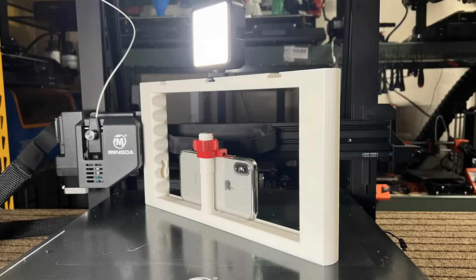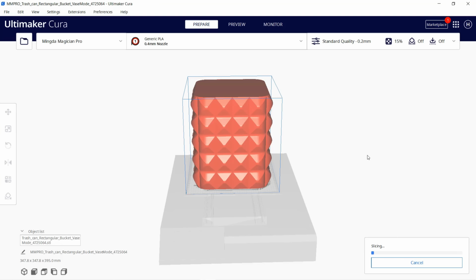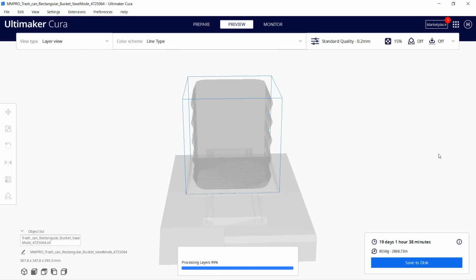This model is fully functional. Parts I printed previously fit perfectly, and the LED light fits as well. After this, I will print a gigantic 395mm tall trash can. If you print something at this size with a solid body and a standard 0.2 layer height, it's going to